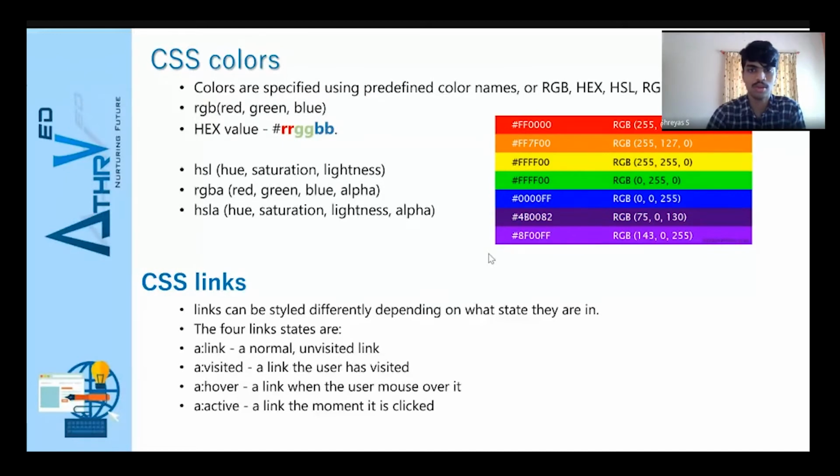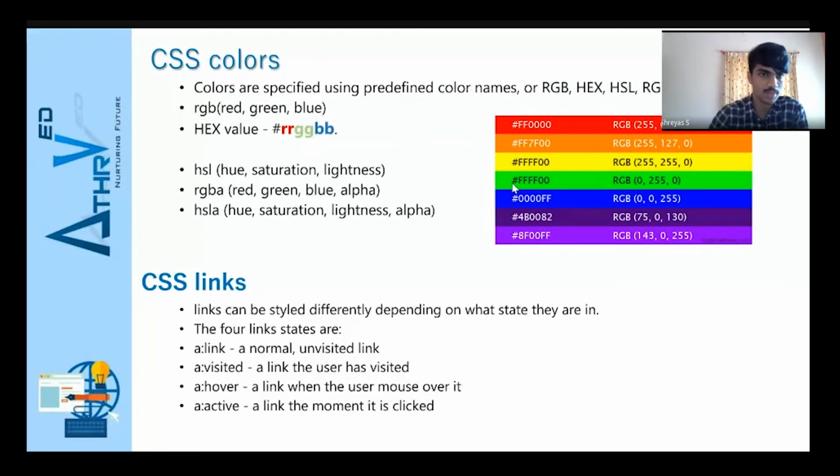So all we have to do is see there are different colors based on shades. In the image you can see that just by changing the number and character, the value gets changed. The same goes with hue saturation. There is one more property called hue, saturation and lightness. By varying the saturation and lightness, as you might have seen in your olden days TVs, just by increasing the brightness, saturation, lightness.